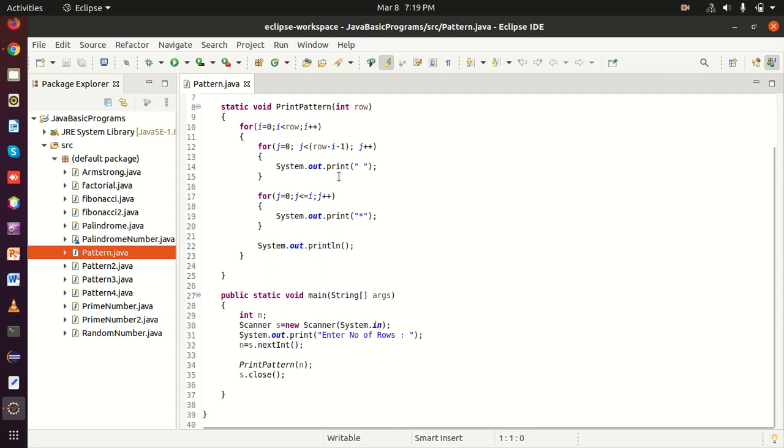So j equal to 0, j is less than 4, j plus plus, means this white space is going to be printed in row 0 three times.